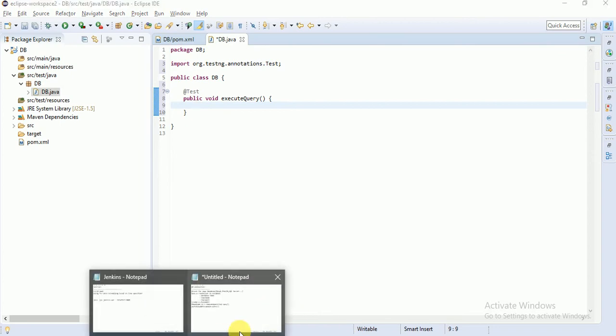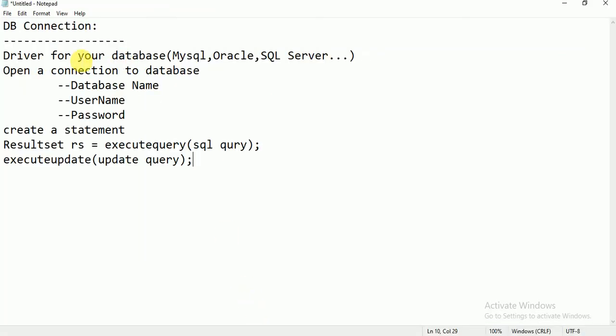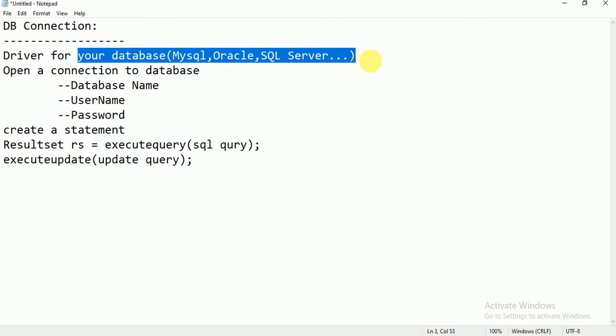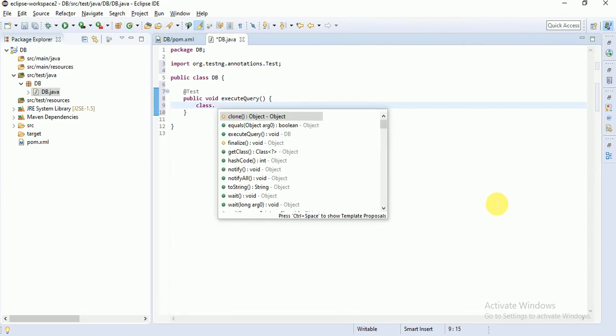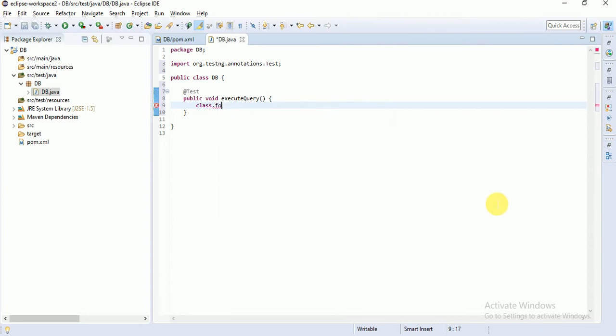Guys, as I told you, first what we need to do is set the driver for your database. How can we set it? You can see here how we can set it. Class dot forName. You need to set it this way here, guys.